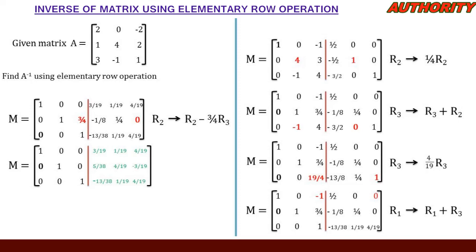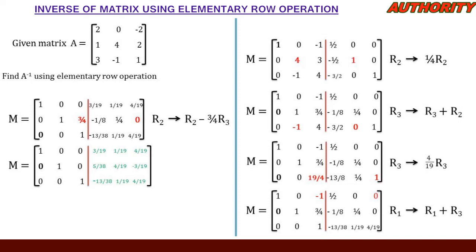So 0 minus 3 all over 19 is going to give you minus 3 all over 19. So the second row now is having 0, 1, 0, 5 all over 38, 4 all over 19, and minus